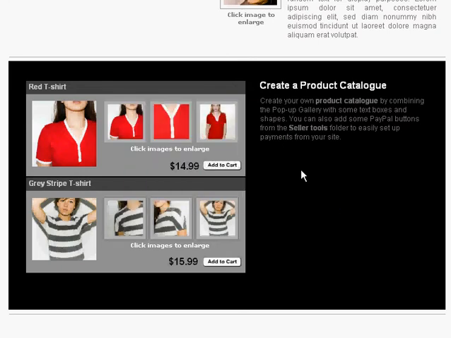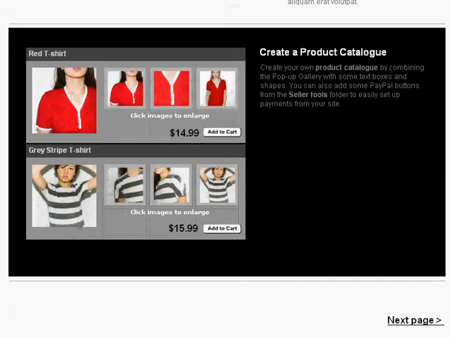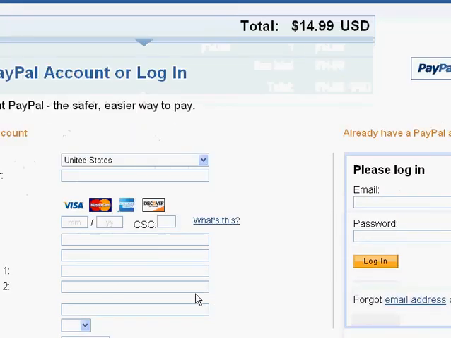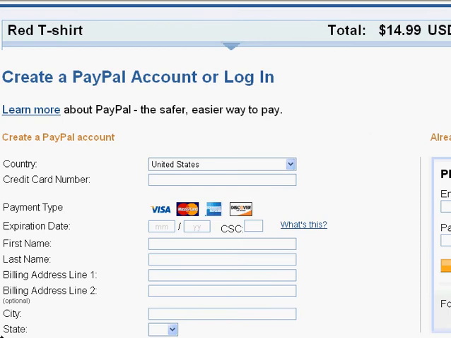Okay, go down here, and it's going to take us here. And let me get a slightly different picture for you. This is the red t-shirt that I was looking at. And here we have some information. I'm on PayPal. MySiteWizard.org shows you how to easily set up your PayPal account and your shopping cart.